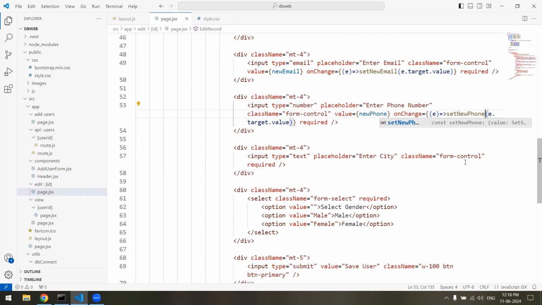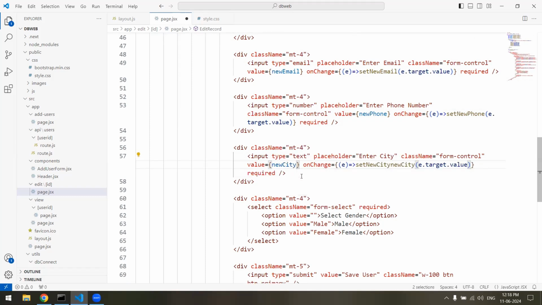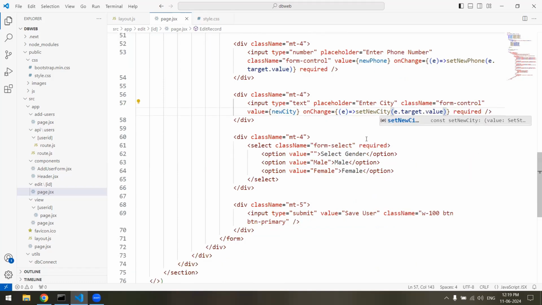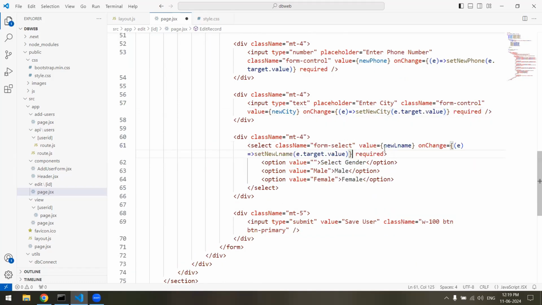and city. Now city, new city, new city, and now we will put it here as well. Value is equal to, it would be new gender,